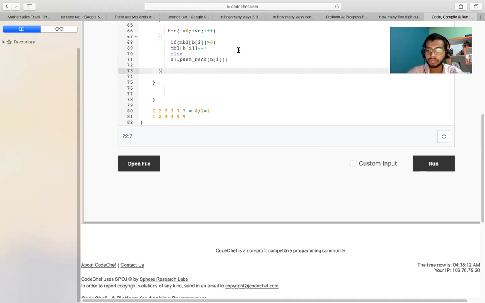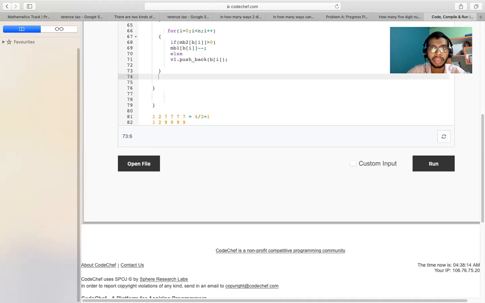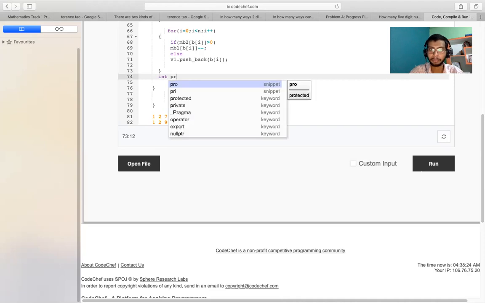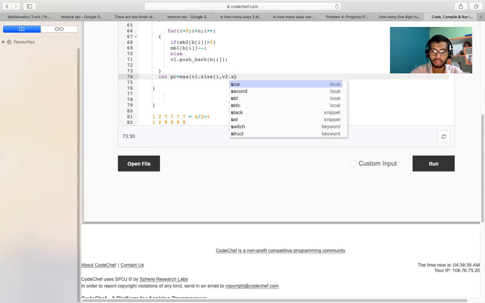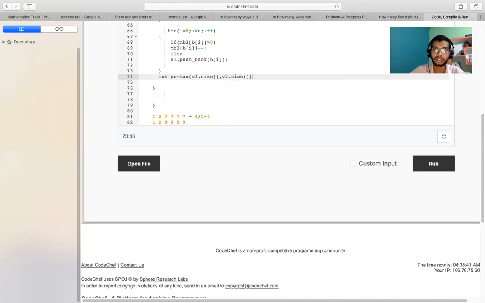So if we have the vectors, we'll make a variable pr, and pr is max of v1.size, v2.size.